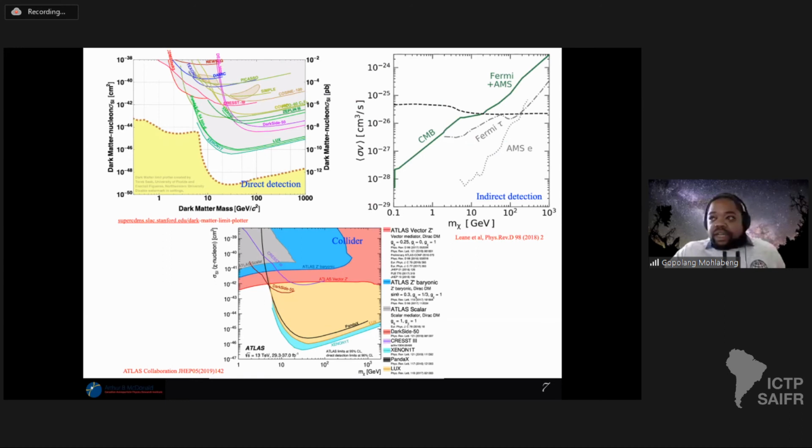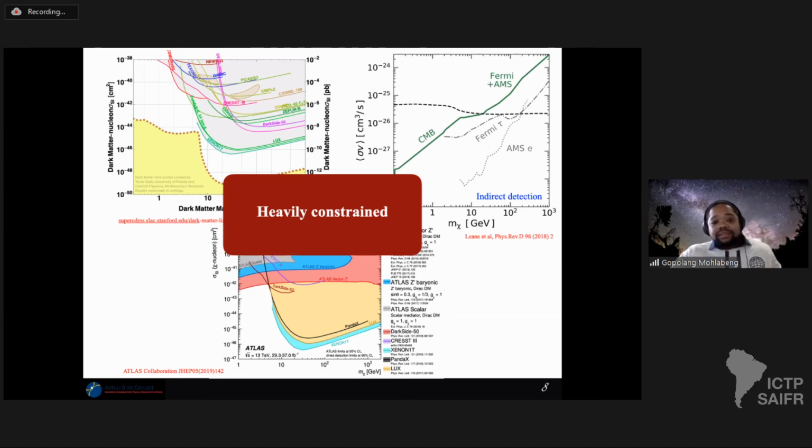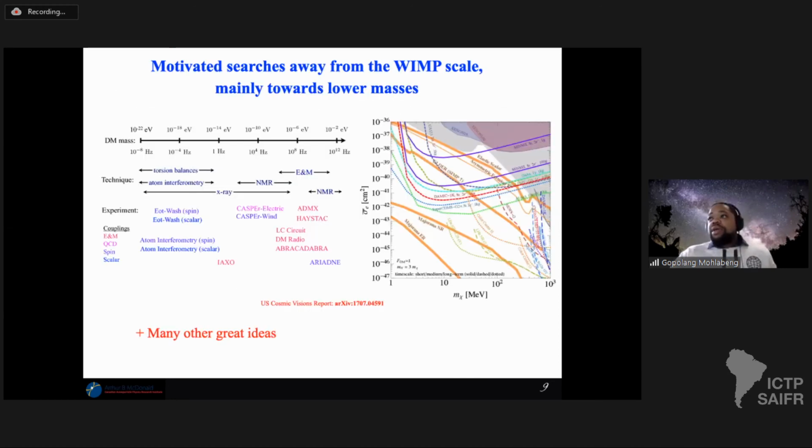We have direct detection, where a large range of experiments have searched for dark matter interacting inside underground experiments. We have indirect detection and collider searches for these particles. Unfortunately, this is very heavily constrained, as we haven't seen a convincing, striking signal of dark matter. Now, this has motivated searches beyond the WIMP region, mainly towards